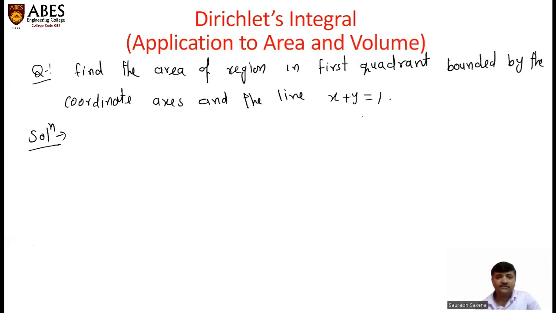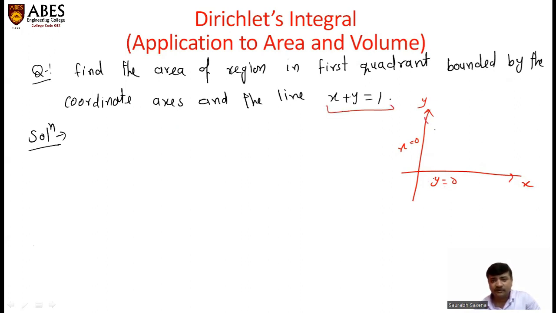The question is, find the area of the region in the first quadrant bounded by the coordinate axes and the line x plus y equals 1. That is, we have to find the area bounded by the coordinate axes. Coordinate axes means here this is the x-axis, y equals 0. This is your y-axis, whose equation is x equals 0. So these are the coordinate axes, and the line x plus y equals 1 may be plotted as this. The intercepts on the x-axis and y-axis are 1. So the region which is bounded by these three lines, region R,